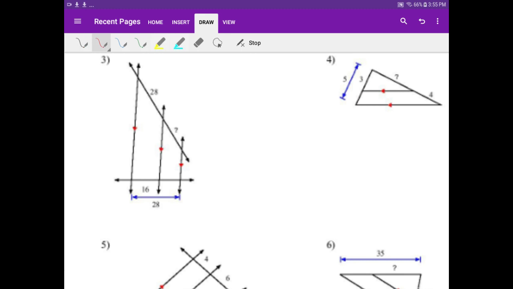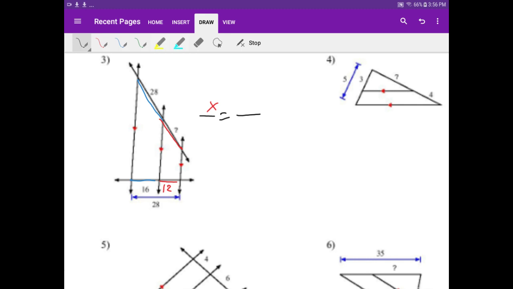Okay, so here you have the x, and then you have this part here. So we want the same parts here. This and then this. So this red part at the bottom, 28 minus 16 is 12. So this one is 12 because they add up to 28. Then you can set it up. So on the top you have x,